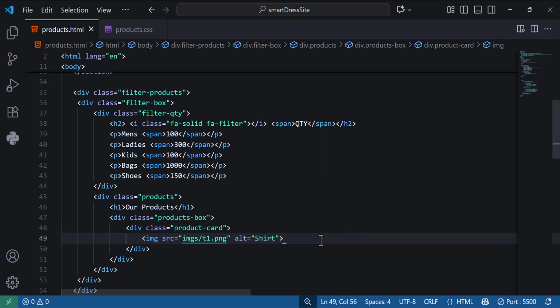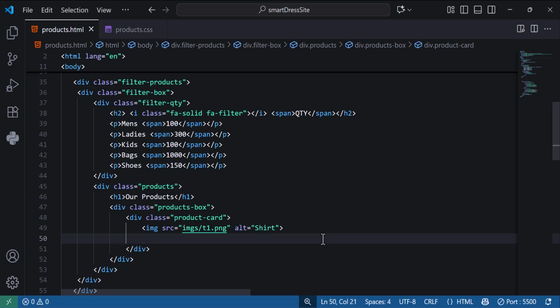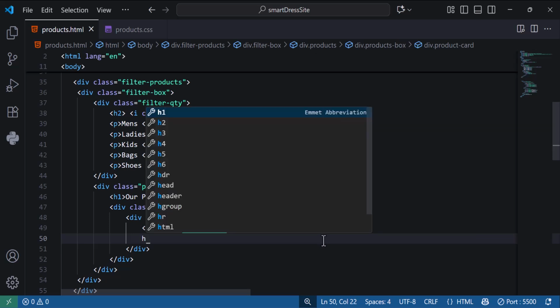And then underneath the img we are going to have the name of the image. So we're going to say h4, and we're going to say